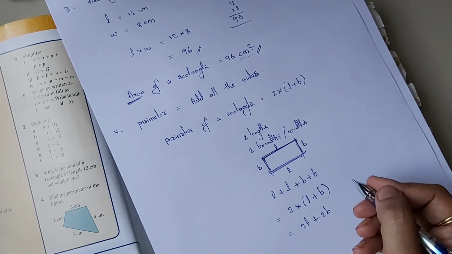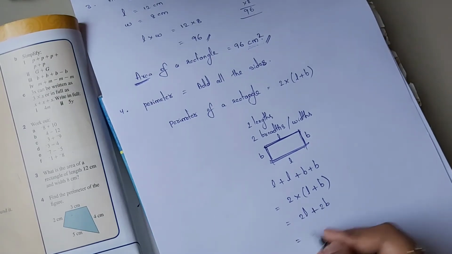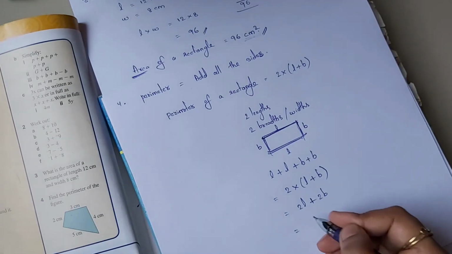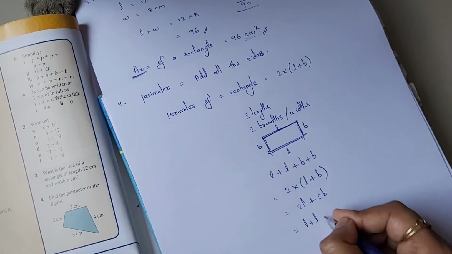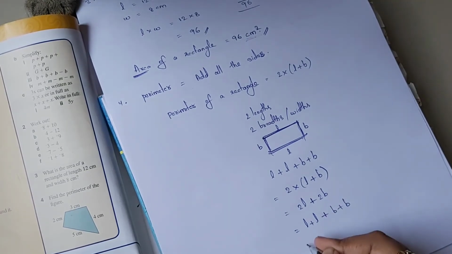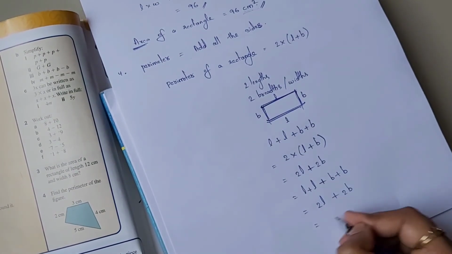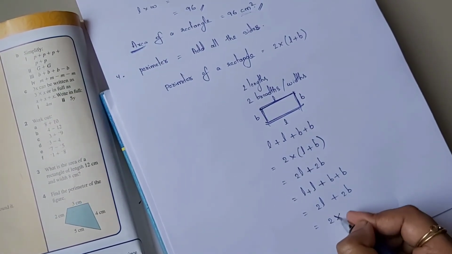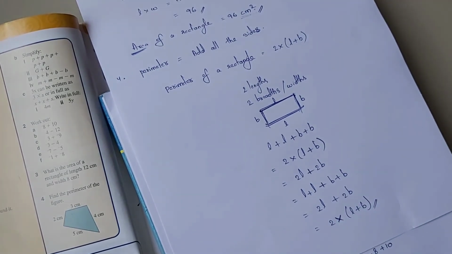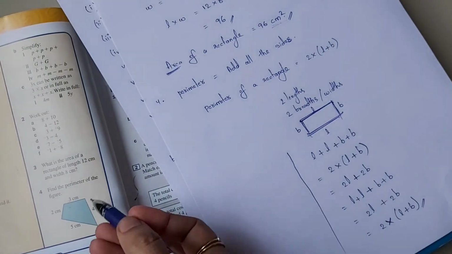It is the distributive property. Remember? So 2L plus 2B is nothing but what? How can you write 2L? We just solve the expressions, right? 2L is L plus L, and 2B means we have 2 B's: B plus B. So ultimately we get 2L plus 2B, which can also be written by taking 2 common outside, 2 times L plus B. Did we not get the same thing? It's the same thing, right? There is no difference.